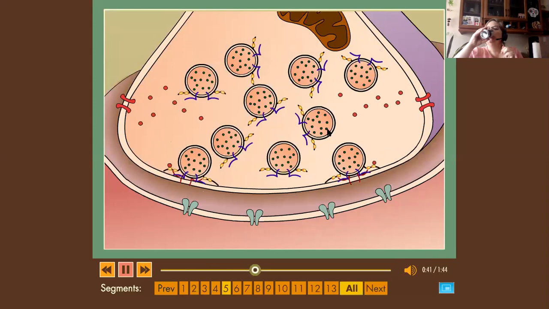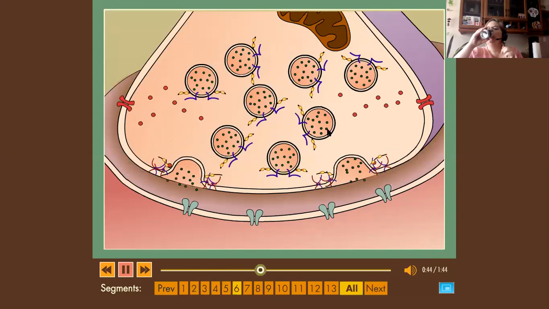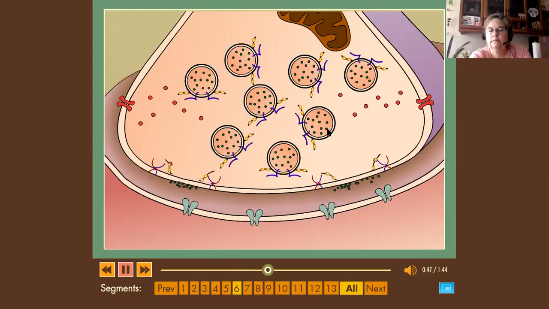Synaptic vesicles fuse with the presynaptic membrane, releasing neurotransmitter molecules contained within the synaptic vesicles to the synaptic cleft by the process of exocytosis. Neurotransmitter molecules diffuse across the synaptic cleft. The postsynaptic. The processed pieces of neurotransmitter molecules are reabsorbed into